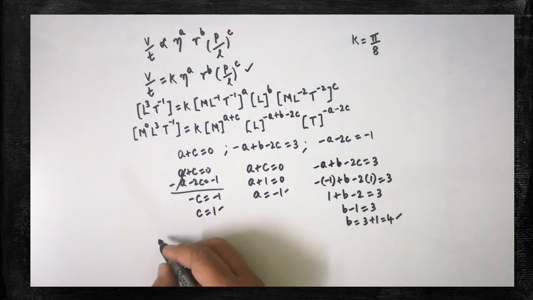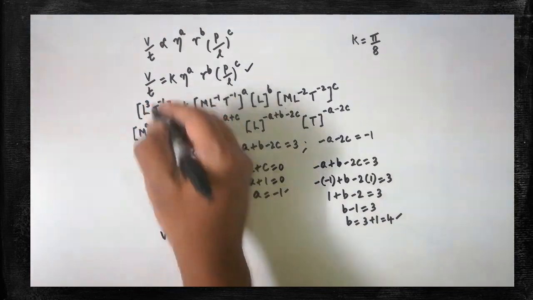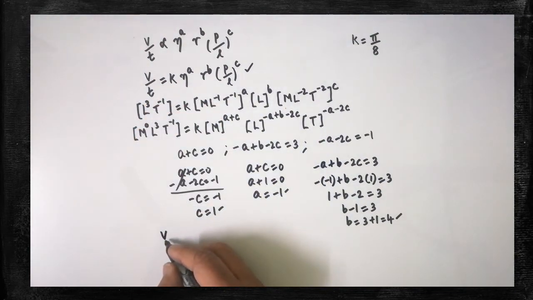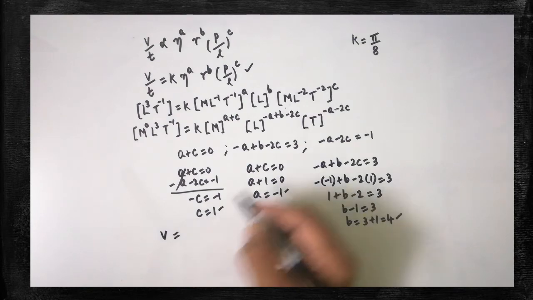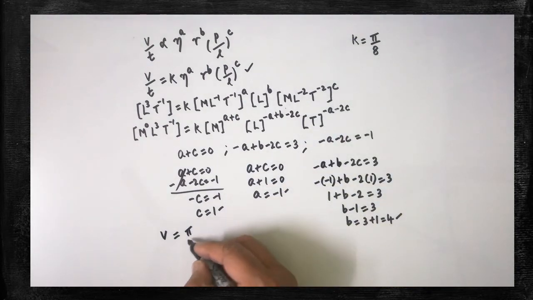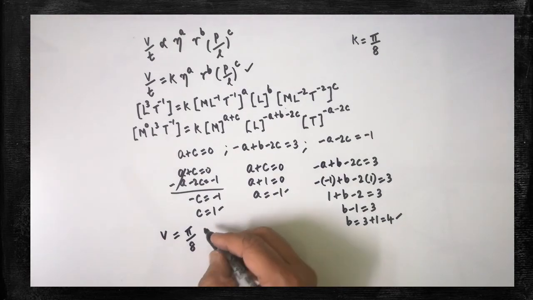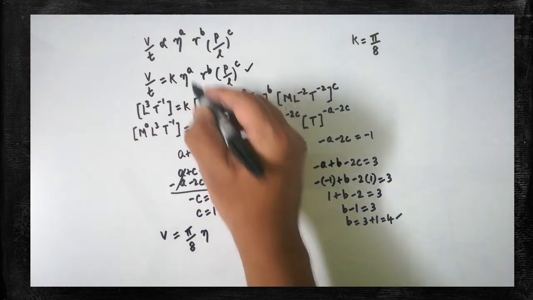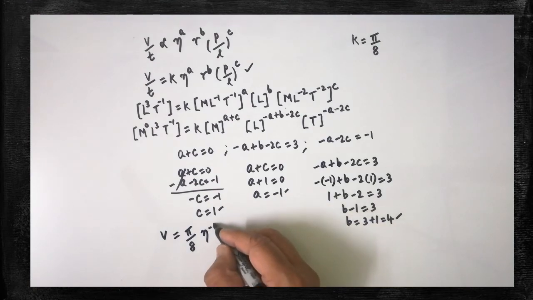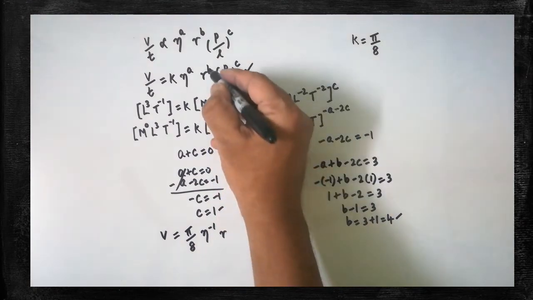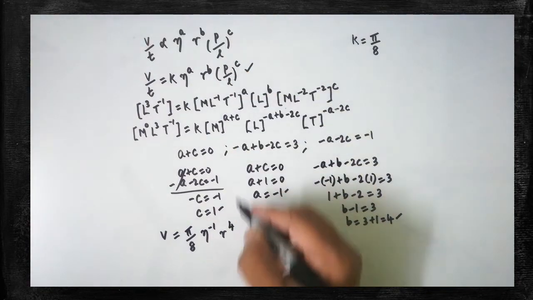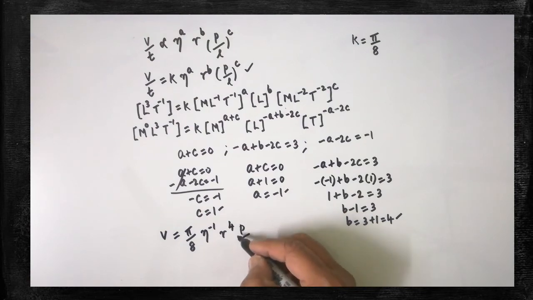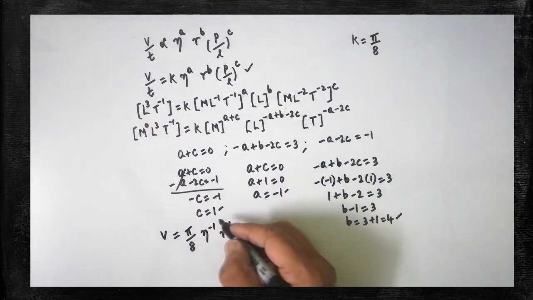Are you clear? Substitute now V by t. Instead of t, we can write 1 second. So straight away I will write V, the volume of liquid flowing per second, instead of t substitute 1 second, which is equal to, substitute the constant factor K as pi by 8. Then eta, the power of a value is minus 1. Understood? For radius, the power value is b, the power of r is 4. So what is the value for P by L, the pressure gradient? Its power value is the c value, that is 1.